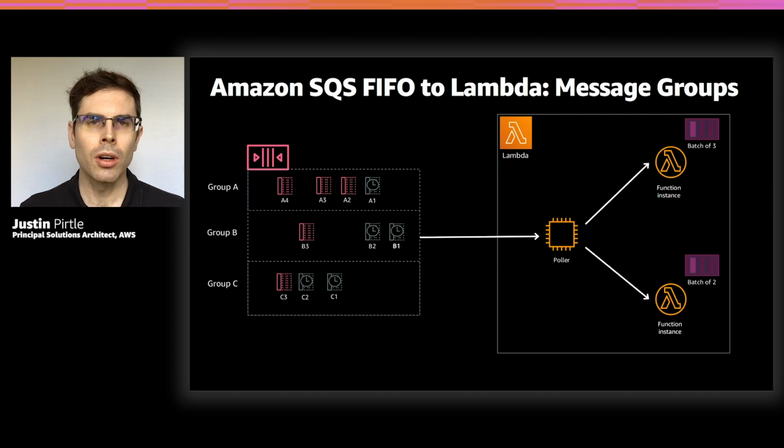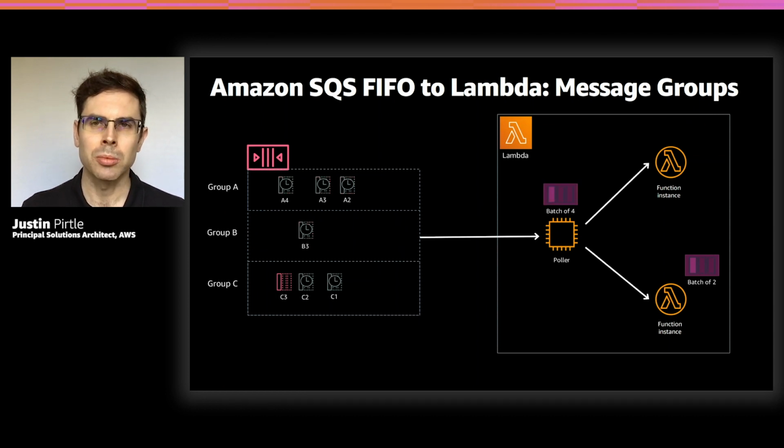But at this point, all 3 message groups have messages in flight, indicated by their visibility timeout dwindling and the gray icons. So until the messages in flight finish in one or more of the groups, we could not process any further and maintain the ordering. So let's assume the first batch finishes successfully. Then Lambda calls the delete API on your behalf, and now we're free to grab the next batch of messages just as before.